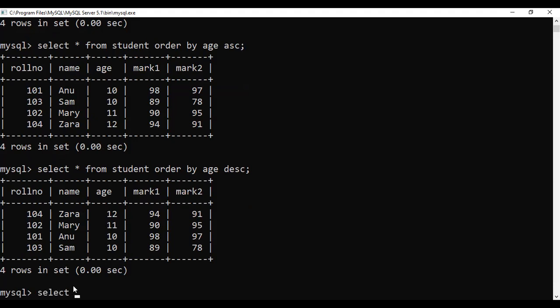Select star from student order by. Don't give the where condition unless it is asked, it will result in an error. Order by mark 1, ascending order. I can specify ASC if needed. So the ascending order of mark 1 will be displayed.